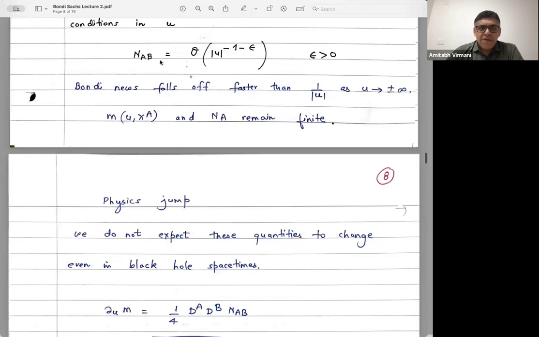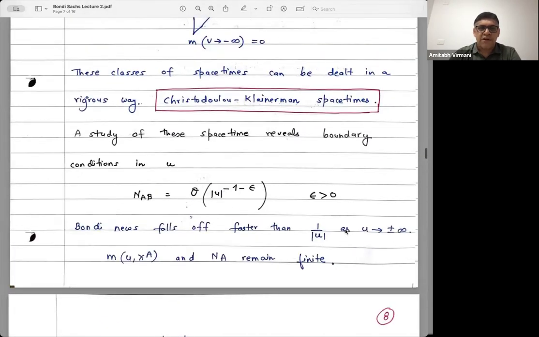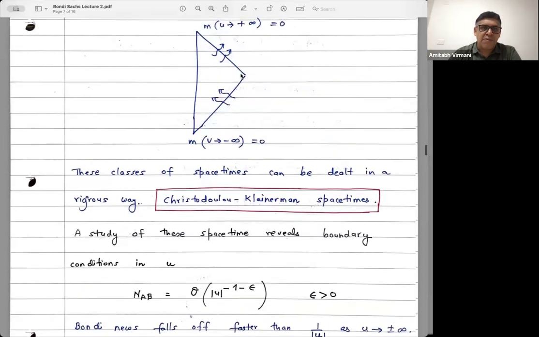Not only does the NAB fall off like this, the Bondi mass function, the M and NA, remain finite everywhere. So M and NA have finite limits as U goes to plus minus infinity. So there can be some mass in this spacetime. So the ADM mass of this spacetime can be non-zero. So they may have some ADM mass, but